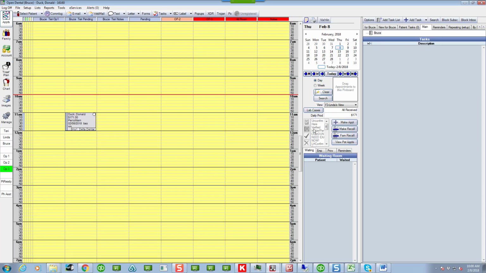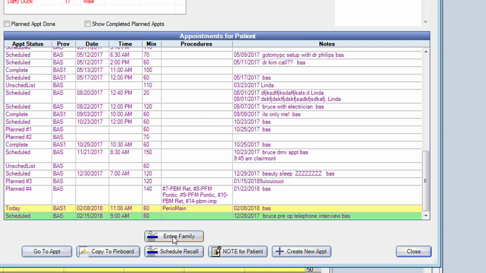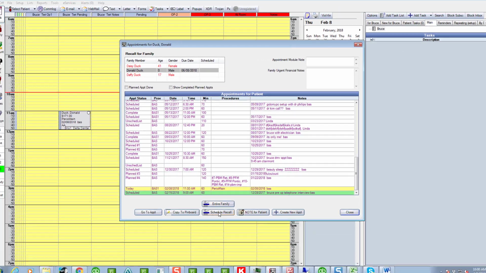Okay, I'm going to go back over here. I'm going to go make recall. If he's got other appointments in there, and he does, then this screen will pop up, and you go down here. You can either schedule his whole family, or in this case, we're only going to schedule him. So I'm going to click on that button, schedule recall,